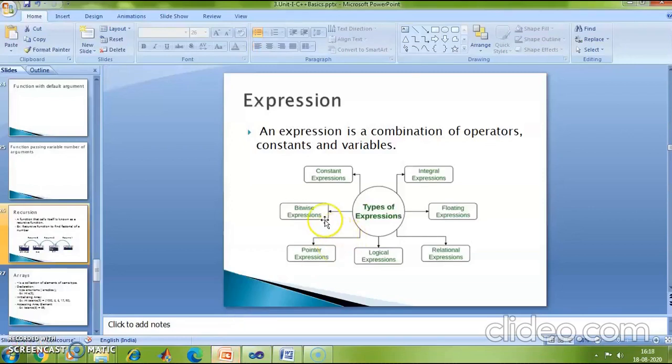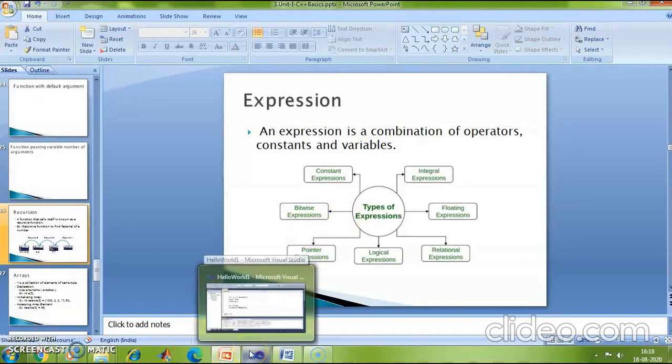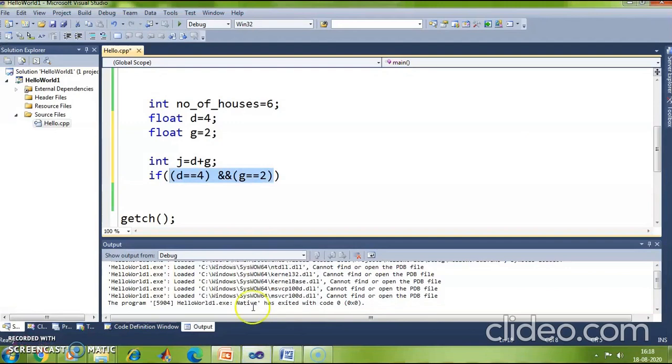Similarly, there are bitwise expressions. A bitwise expression uses bitwise operators like we had seen in the last lecture. So I can use a bitwise operator and with respect to two integer variables. Which are the integer variables here? One is number of houses and the second one is j, right? So let me apply a bitwise AND with respect to number of houses and j.